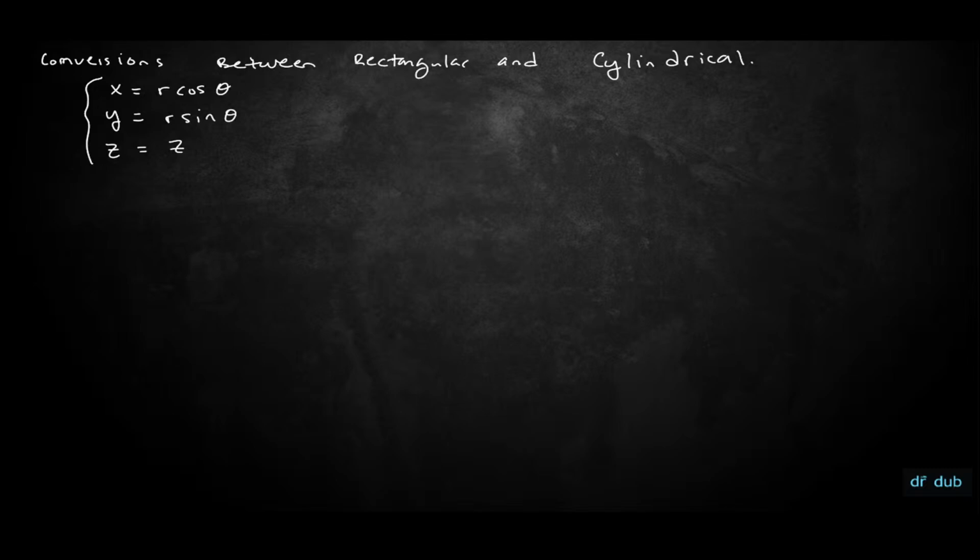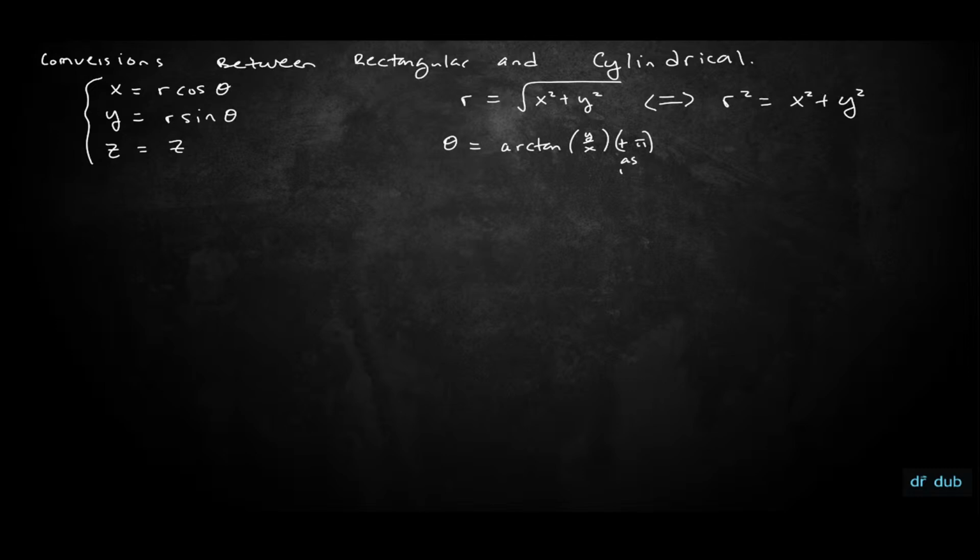or rectangular coordinates. Likewise, r is going to be the square root of x squared plus y squared. Or you could just say r squared equals x squared plus y squared, same thing. Theta is going to be arctan y over x, and then plus pi as needed,